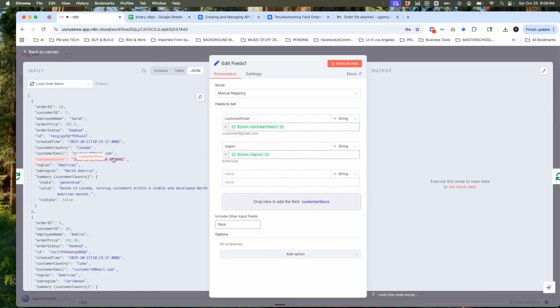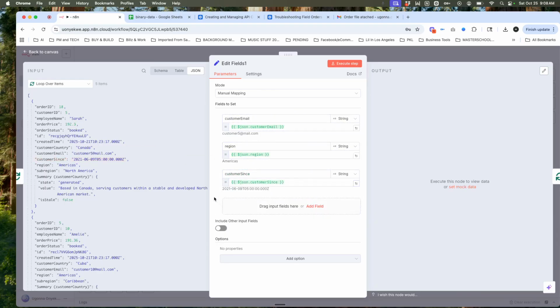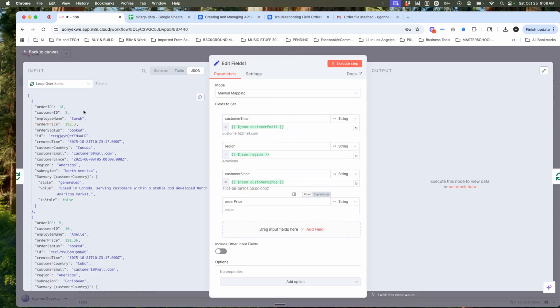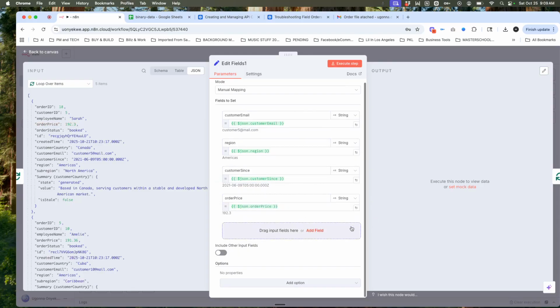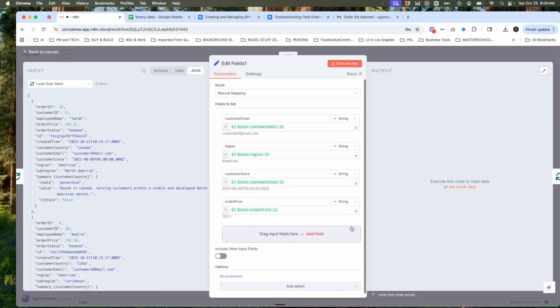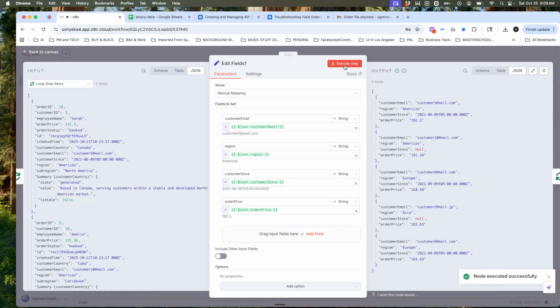Customer since. And lastly, we want to do order price. So order price and order price. Okay. All right, I think those are the outputs that we want. All right. So once we've done that,